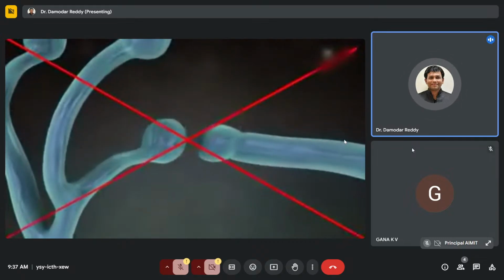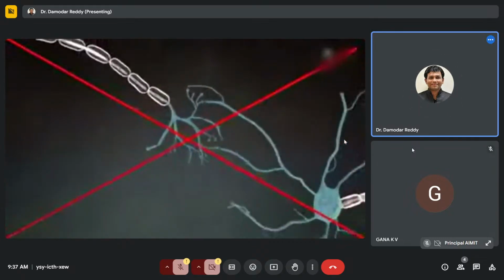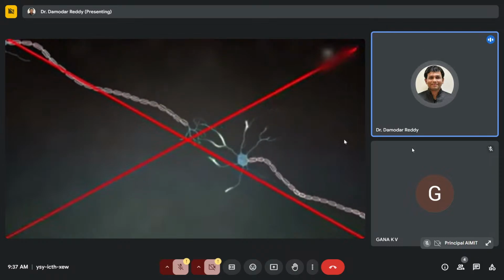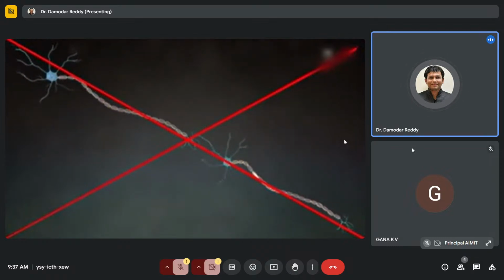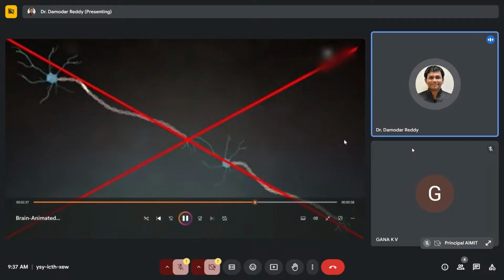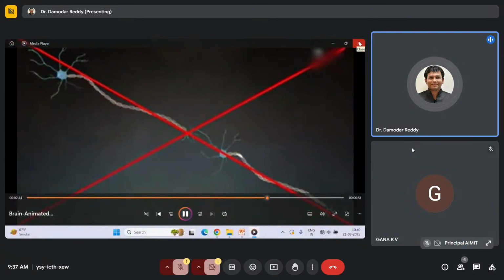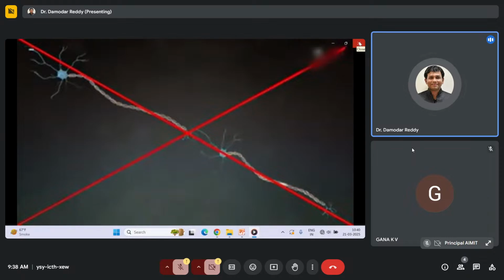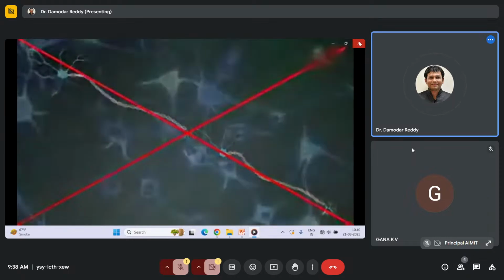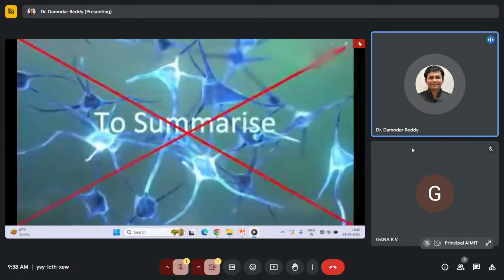Thus, the information is received by the dendrites and is then sent out through the axon to the neighboring cell. This is how information is transmitted from one cell to another. To summarize,